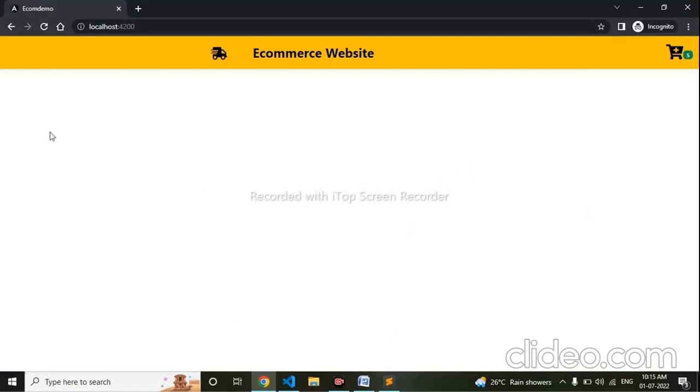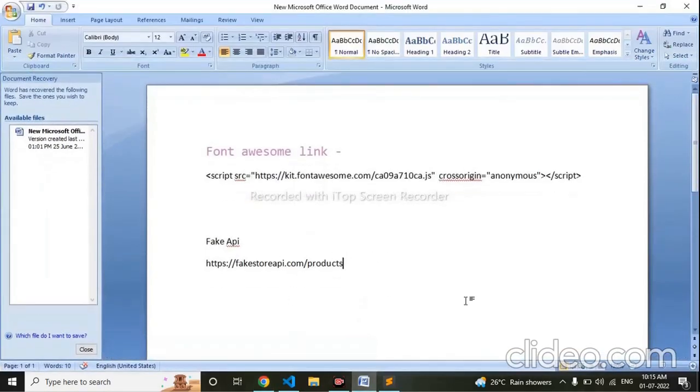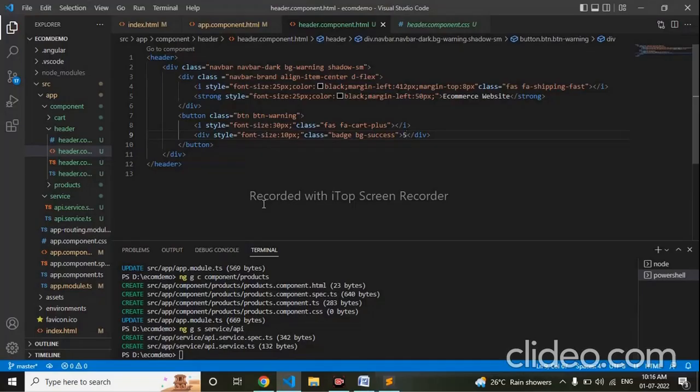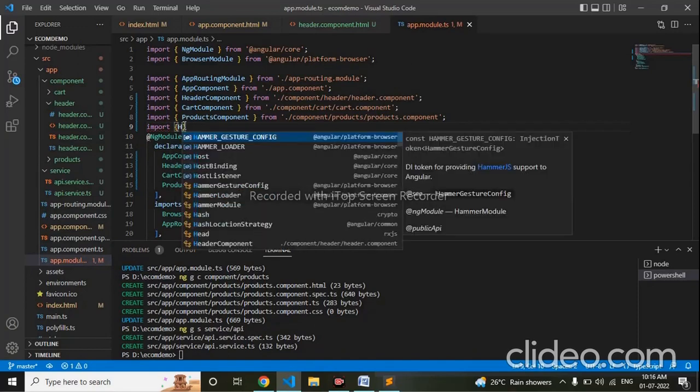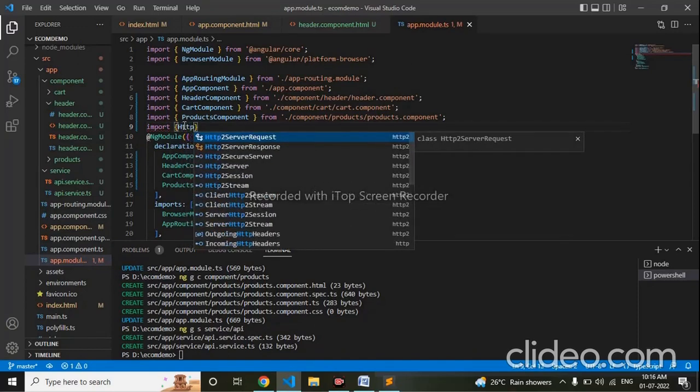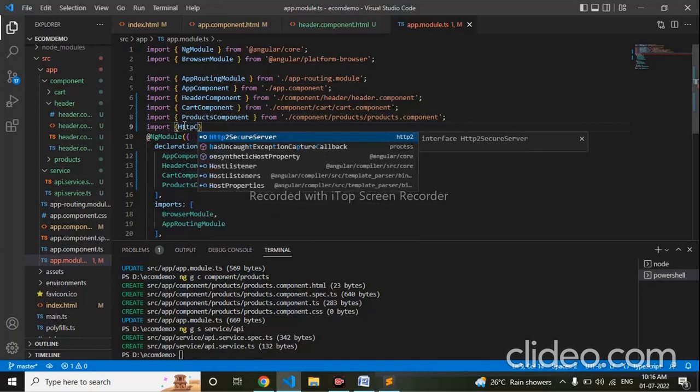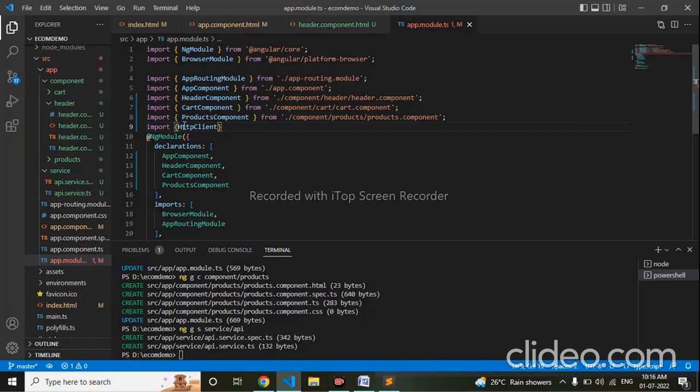Now I have to bring the products here, but the products should come from the API. This fake API has all the products, and all products will be rendered on our page. So for that I need HttpClientModule. So I'll go to my app.module.ts. Okay, here I'll import HttpClientModule